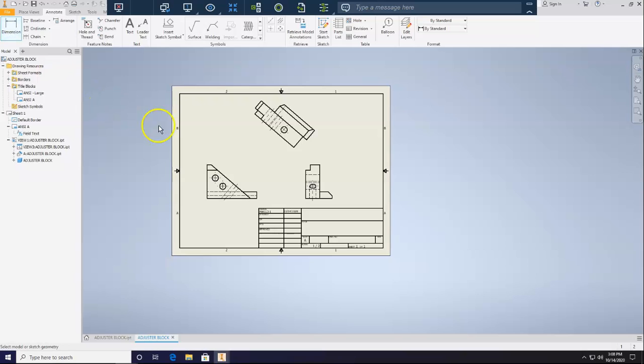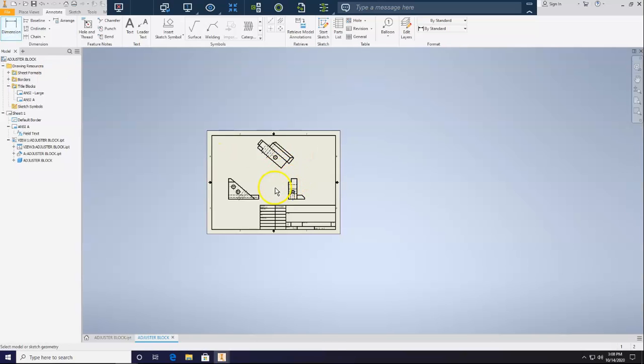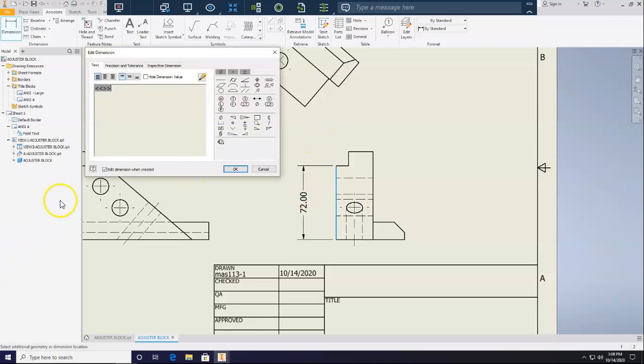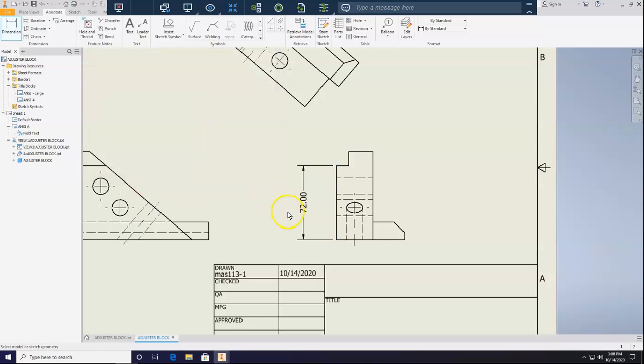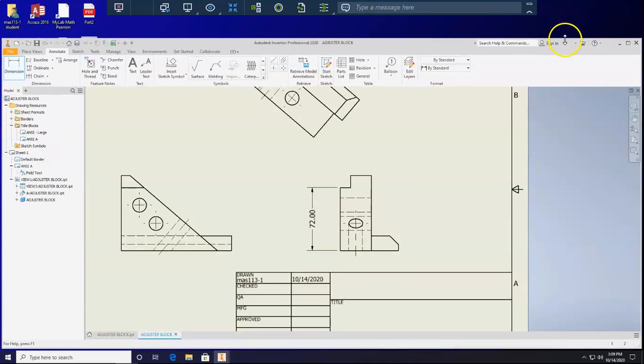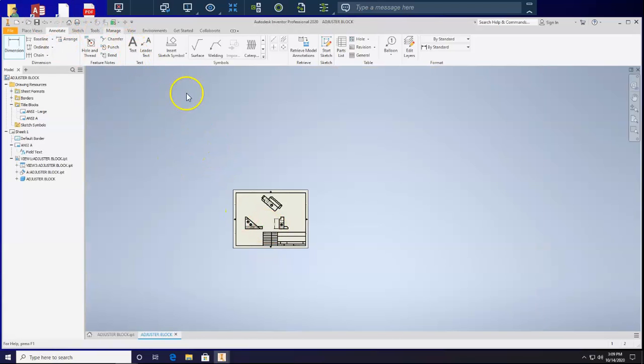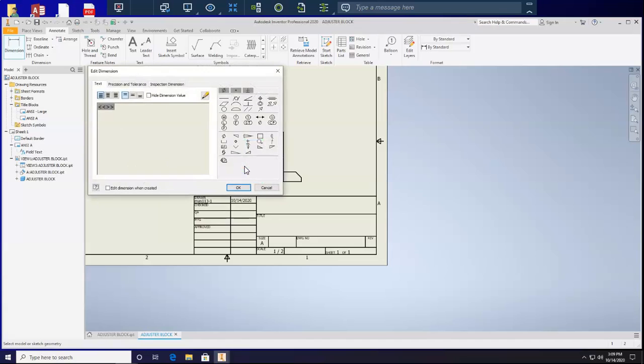So now when we go to dimension it, I'll just do a random line for a second. Now that looks a little bit off from what we are familiar with, right? We are used to there being no decimal places and all the text being perfectly horizontal. And the reason why it's not coming up that way this time is because we are in metric, and metric has its own standards associated with it by default. We are actually going to adjust the default standards to be more similar to what we've done in the past. So to adjust the standards, you're going to have to go over to